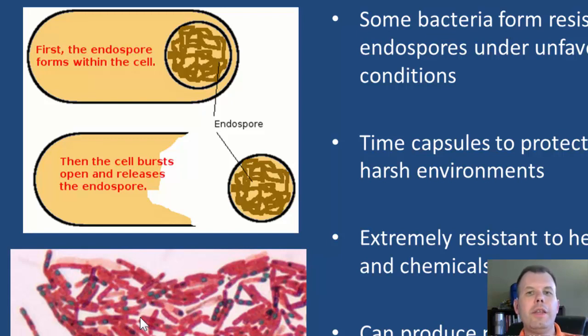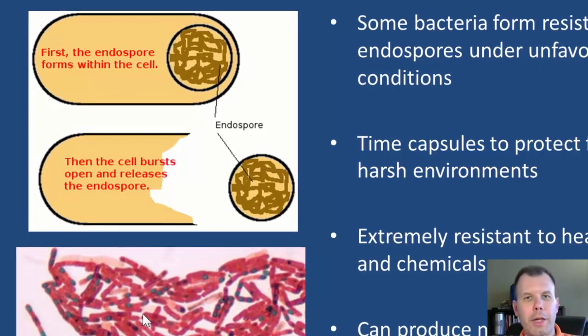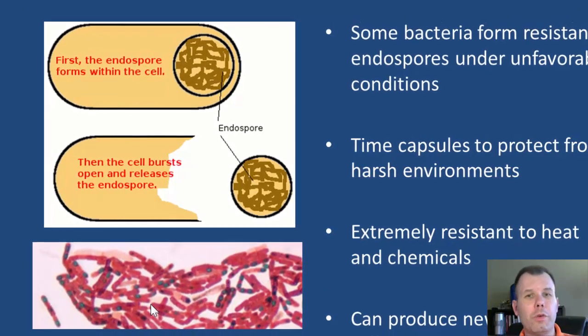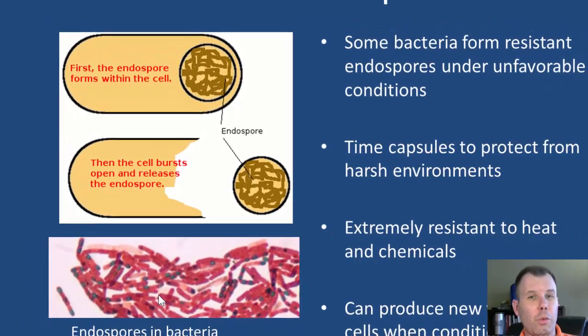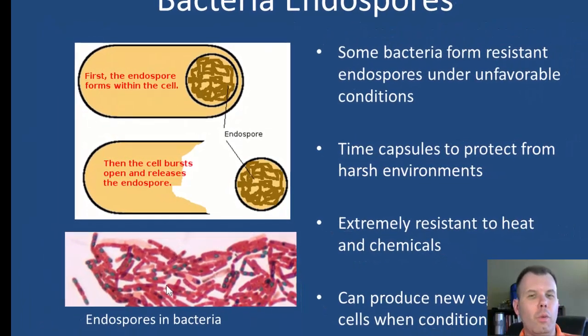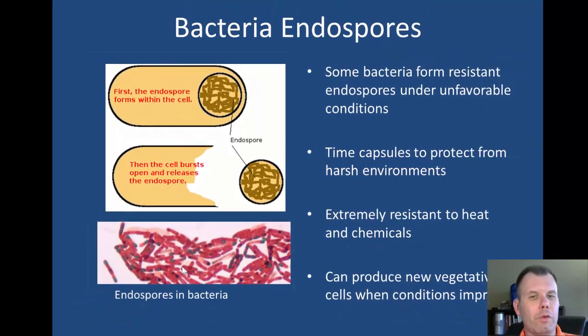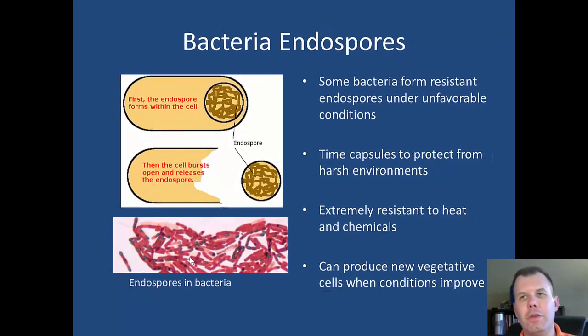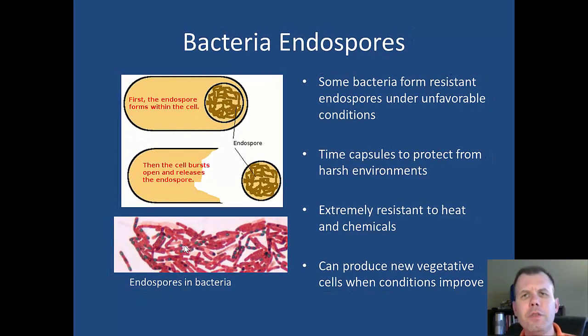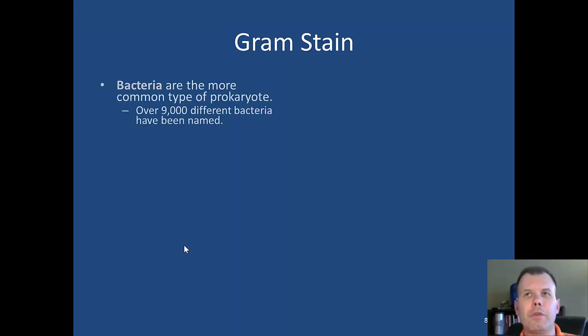And so these are the things. When your Lysol or other things say they kill 99.9% of the bacteria, this is part of the 0.1% that don't die because these spores are really resistant. And so what can happen is you treat it with chemicals, they make these spores, and then after the chemicals go away, they can come back again. And so they just keep coming back. And so that's a way that bacteria can protect themselves.